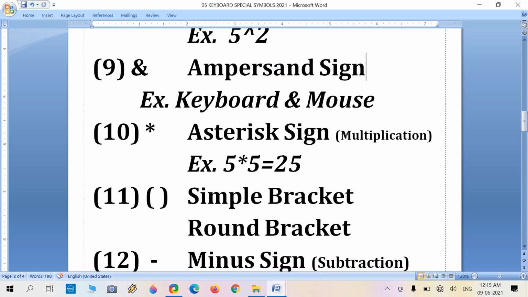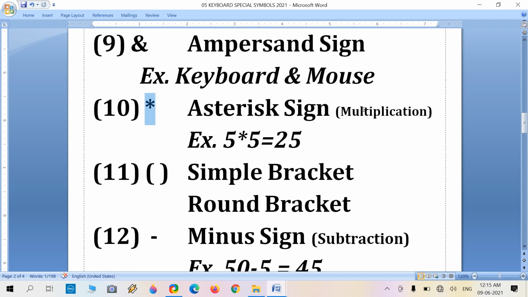This is the asterisk, or multiplication sign, in the computer. There is no cross sign of maths used for calculations and multiplication, but in the computer the asterisk sign is used. It is known as multiplication.